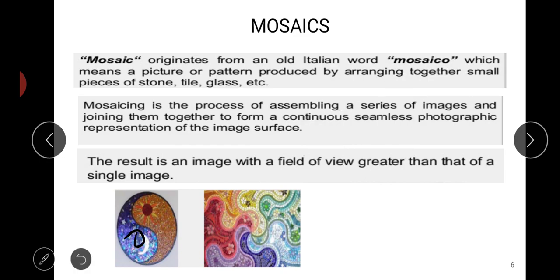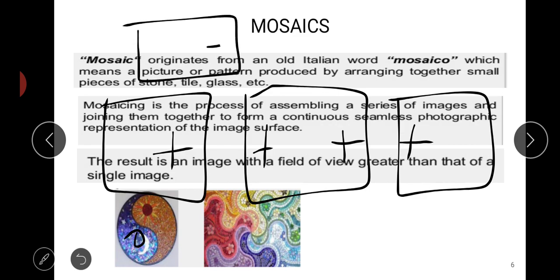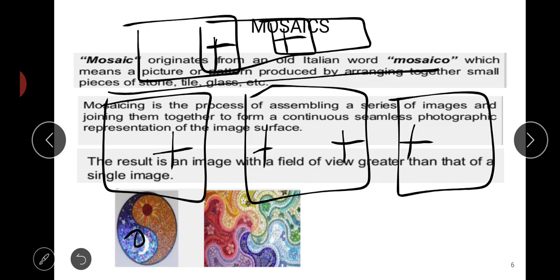Now how will this be useful in a photogrammetry survey? Mosaicing is a process of assembling a series of images. So when there are n number of images taken of the ground, and there are ground control points visible on these photos, how do we arrange them? We arrange them such that those ground control points overlap with each other, and we get a series of photos in a single strip.